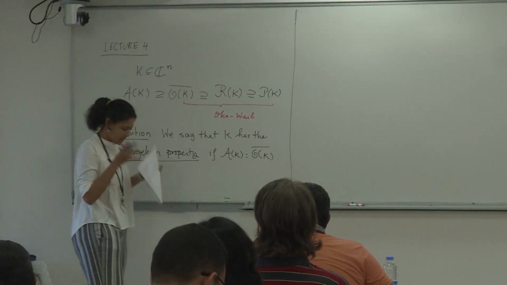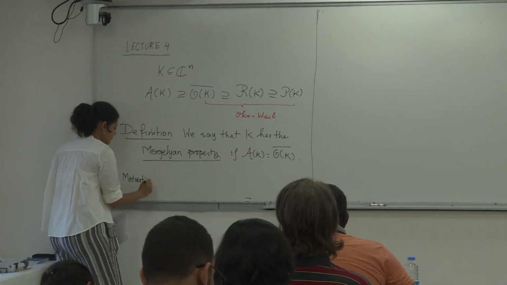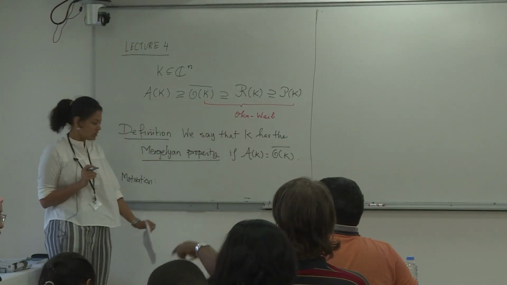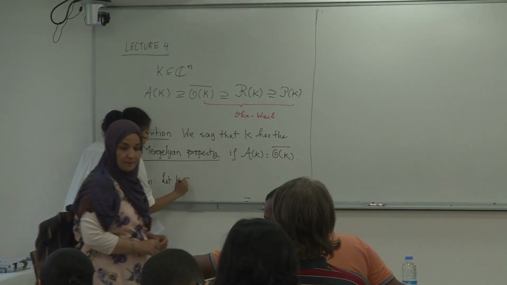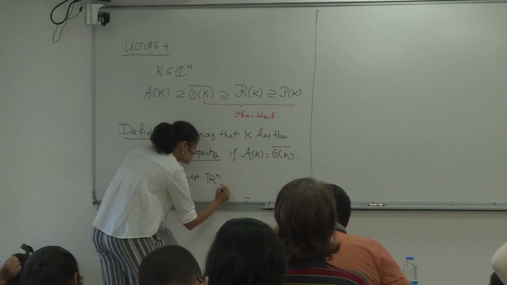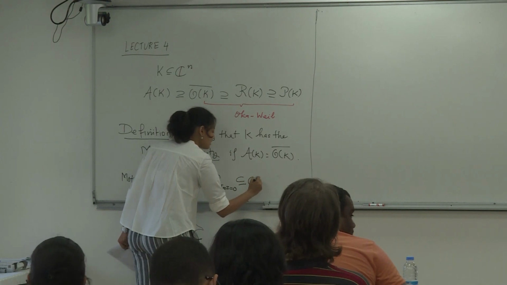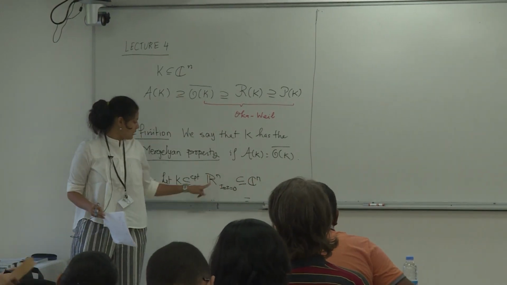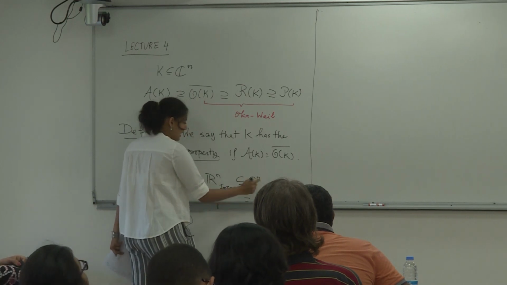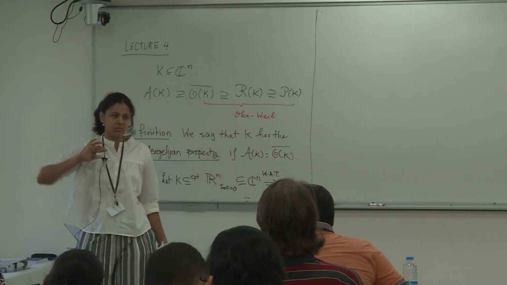Okay, so I am now going to restrict myself to a very special case, and the motivation to consider this class of objects comes from the following observation. This is a higher dimensional version of something that we started with in the very first lecture. So let K be a compact set in R^n, and I view R^n as the plane given by imaginary z equal to 0 sitting inside C^n. So I am considering a compact subset in C^n, but it's coming from a very special space, affine space. And here you need a different version of the Weierstrass approximation theorem